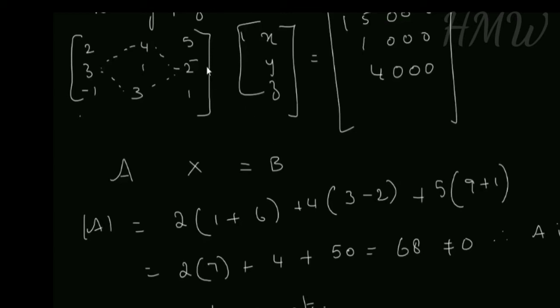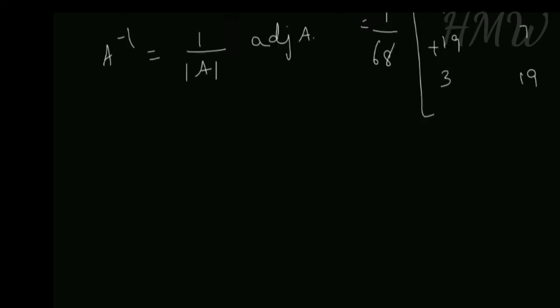What is the cofactor of minus 2? Cut this row, cut this column. 6 minus 4, that is 2, but it will become minus 2 because you have to change the sign. Cofactor of minus 1 is minus 4 into minus 2, that is 8 minus 5, 3. Cofactor of 3 is minus 4 minus 15, minus 19 will become plus 19. You have to change the sign here. Then cofactor of 1 is 2 plus 12, that is equal to 14. So we got the cofactor matrix.